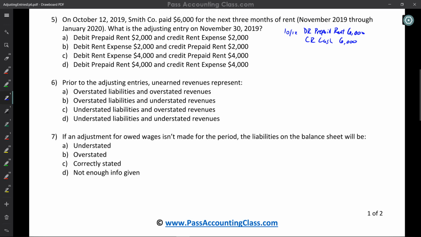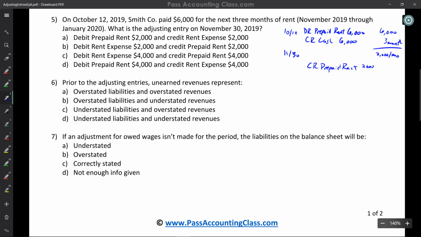Now what we're looking at is, on November 30th, what does the entry look like? Well, we don't have as much in our prepaid rent account. How much did we use up in November? Well, if it's $6,000 for 3 months, that means it's going to be $2,000 per month. So in November, we used up $2,000 of our prepaid rent. To decrease the balance of our prepaid rent account, which is an asset, we need to credit it. So we're going to credit prepaid rent,